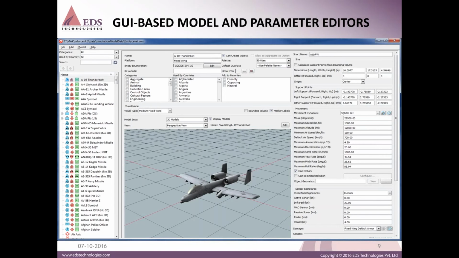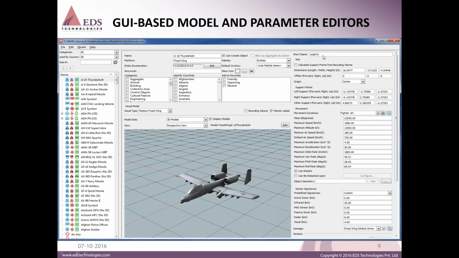And you need to give the DIS key in the beginning, like 1:2:2, which is a DIS enumeration. Then you define which country is using it. Then categories, like aggregate, animal, building, collection area, cultural feature, engineering.